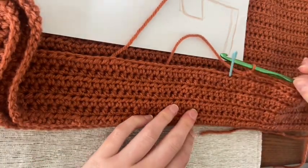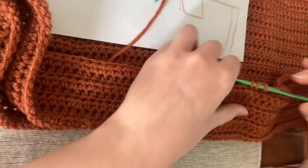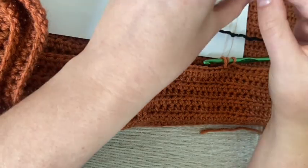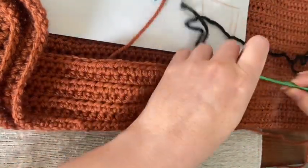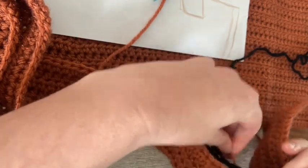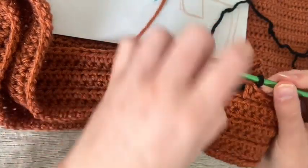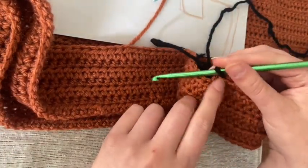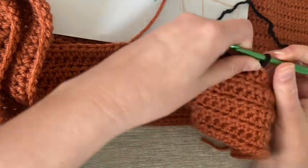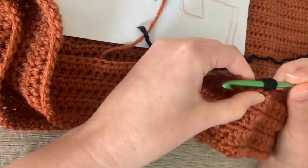All right, so I have one more loop before I want to add the black, and I'm only gonna do the 3 right there, and then I'm gonna make a starting loop right there for the black, then pull the black through. Gonna want to make sure we keep everything else tight here. And why we did that is because this top loop is always going to be folded over on the next row, and since I want black over here, it's going to take a couple of rows to sort that out. Then I'm just going to start adding my black